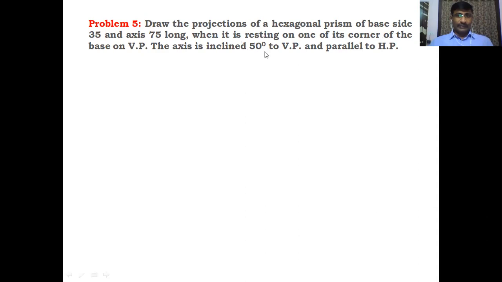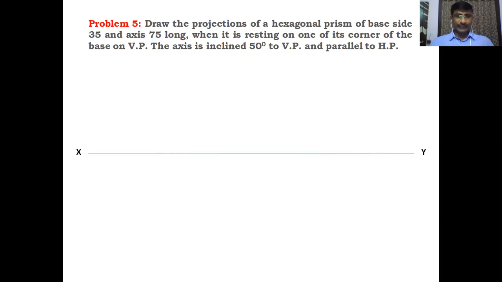You have to construct the hexagon in the front view. Where should we draw the front view? The front view is always above the XY line. Clear? The front view is above the XY line, and the top view is below the XY line. So you should start with the front view above the XY line, and also start with the corner of the hexagon. Let us draw the problem step by step.